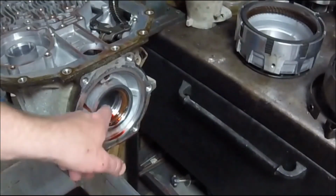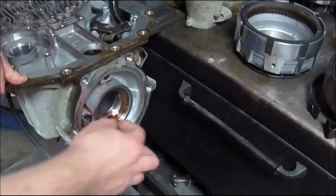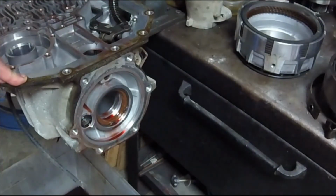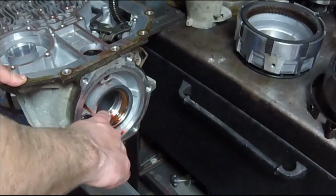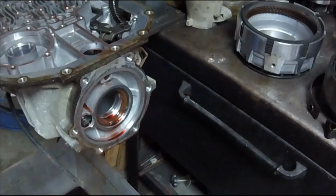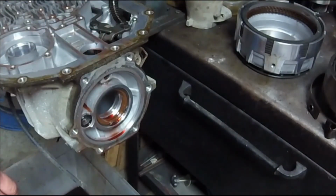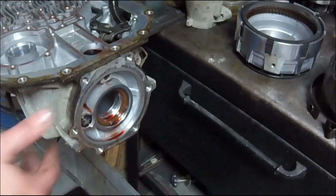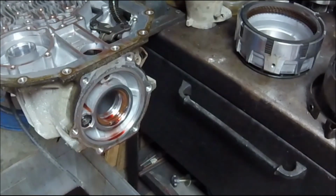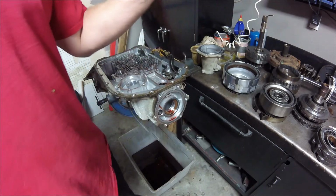Okay, see this one right here? There's actually a snap ring right there. I thought that was going to be a roller bearing or something supporting the back of that. No, that's where that bushing that we just found is resting. So it's actually a bushing that is holding that output shaft. Very similar to a 4L60E, but that bushing had fallen out. So that's a little scary. Good thing we found that and we took it apart, because that may have caused some serious issues down the road. So far I don't see anything alarming. Next time